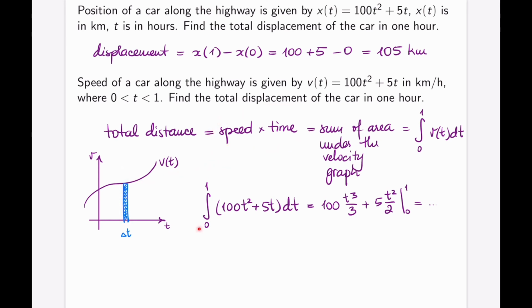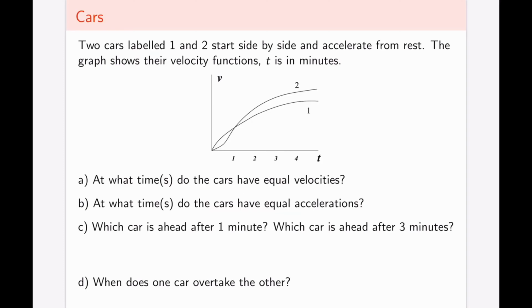Now, what I end up calculating, though, is exactly what we've already talked about and is going to be true in general. Given the rate of change, such as velocity, the integral of it will produce total change, such as the distance or the displacement. Let's now take a look at an example that sort of unites the ideas that we've been discussing so far